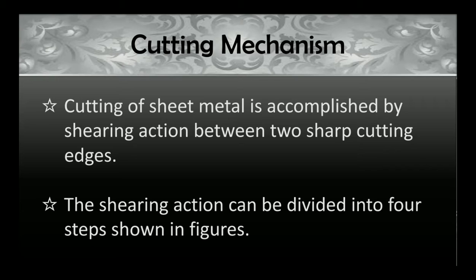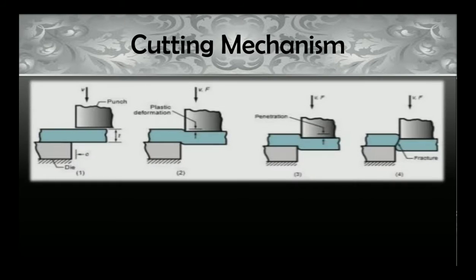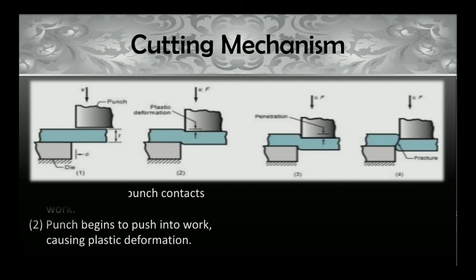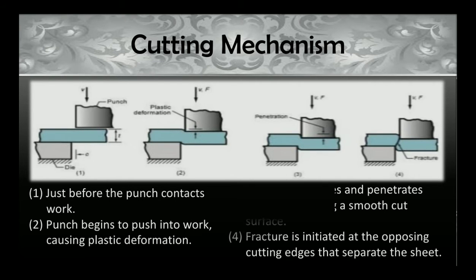So, the cutting of sheet metal is accomplished by shearing action between two sharp cutting edges. The shearing action can be divided into 4 steps shown in the figures. So, this is the figure. The shearing action is depicted in the 4-step action being shown in the figure,